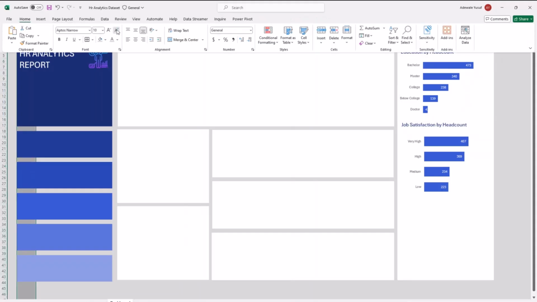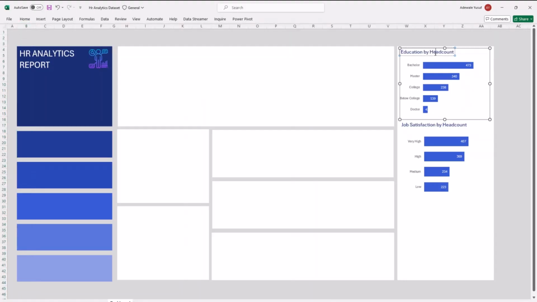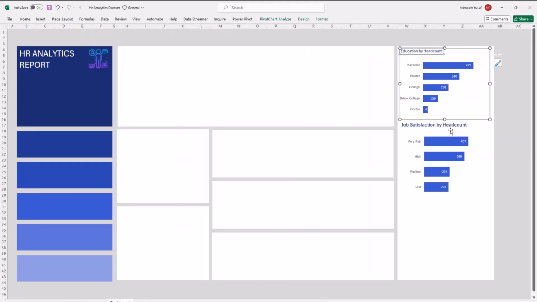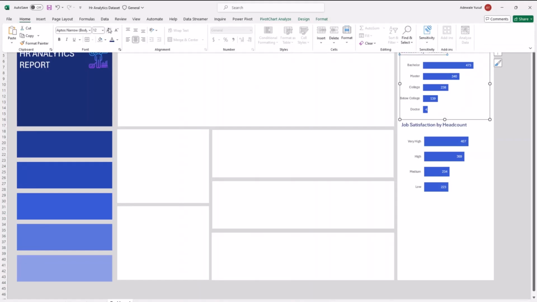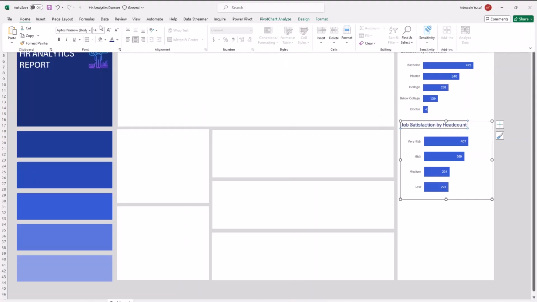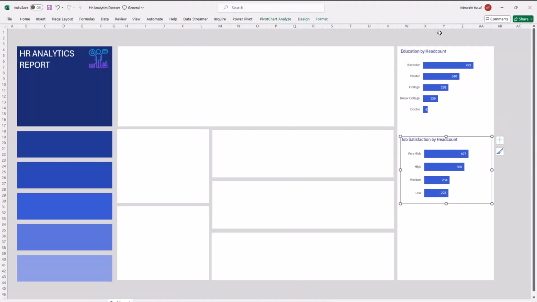If I select the heading, I can go to home and reduce the size to, I don't know if 12 is okay, but that's too much. Okay, so let's do 12. I can do 12 and also reduce the size of this one to 12 as well. Okay, so I have the second chart.